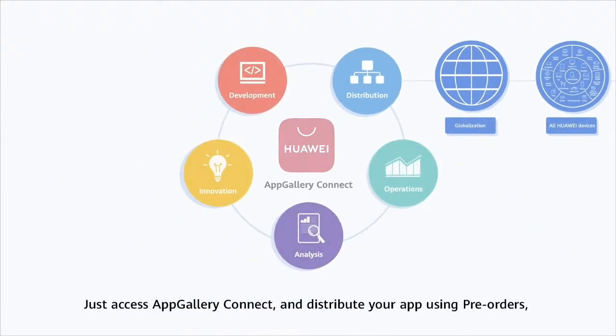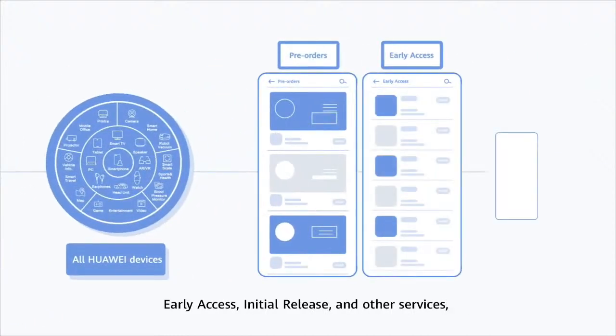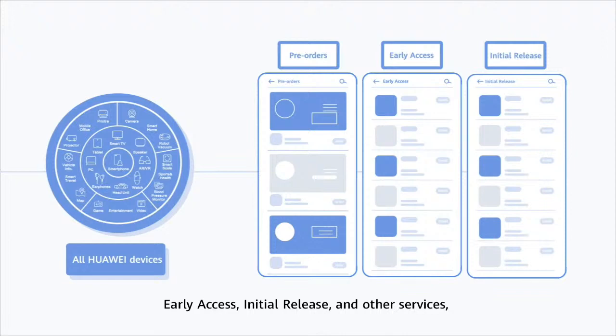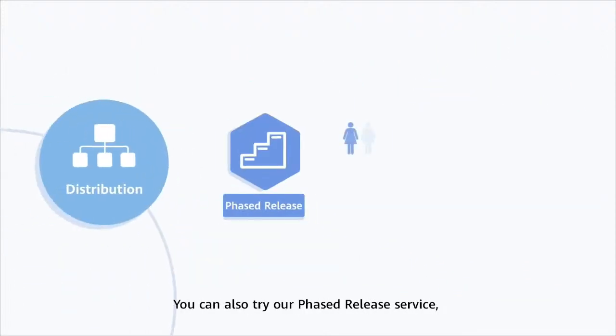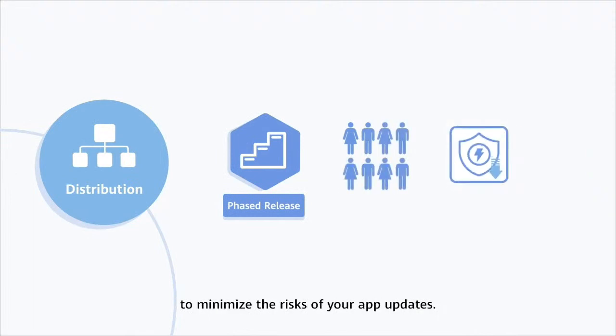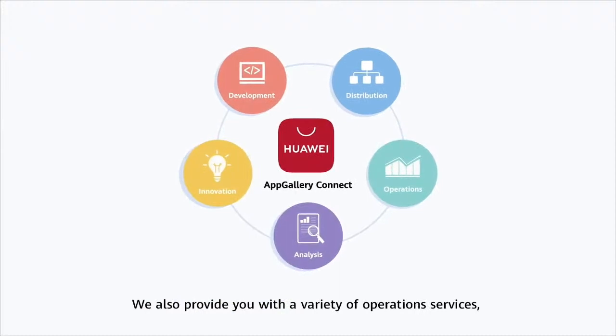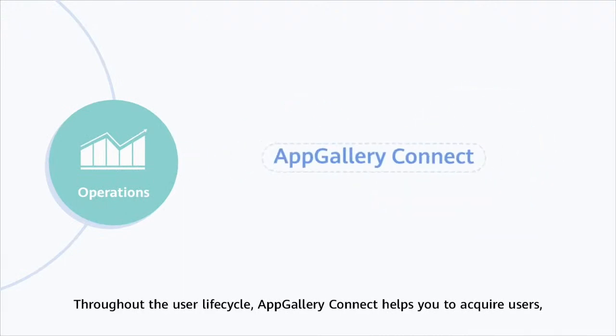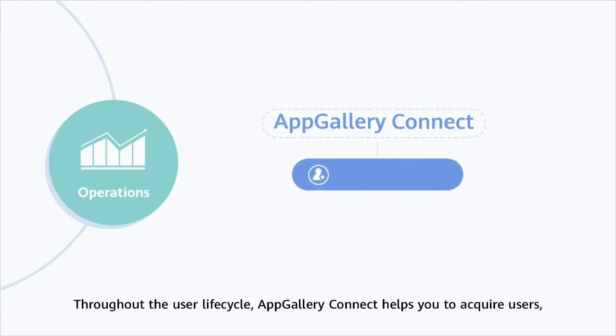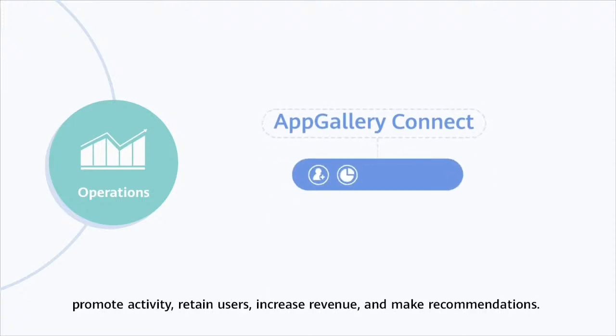Just access AppGallery Connect and distribute your app using pre-orders, early access, initial release, and other services to reach more people across Huawei's vast user base. You can also try our phased release service to minimize the risks of your app updates. We also provide you with a variety of operations services, so you can attract more users to your app and earn more. Throughout the user lifecycle, AppGallery Connect helps you to acquire users, promote activity, retain users, increase revenue, and